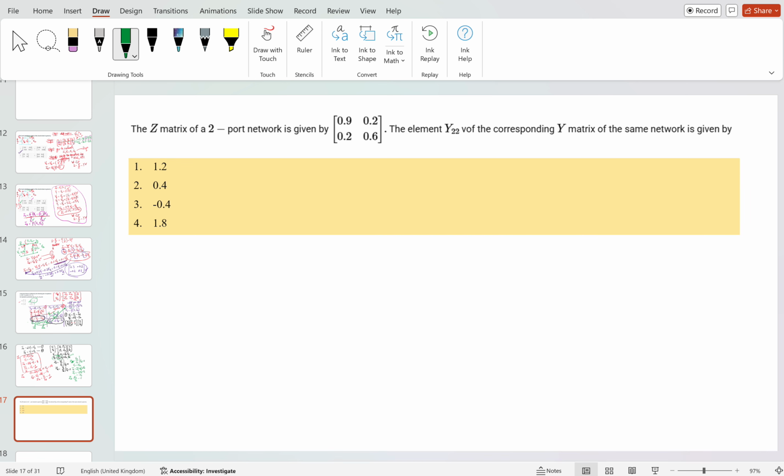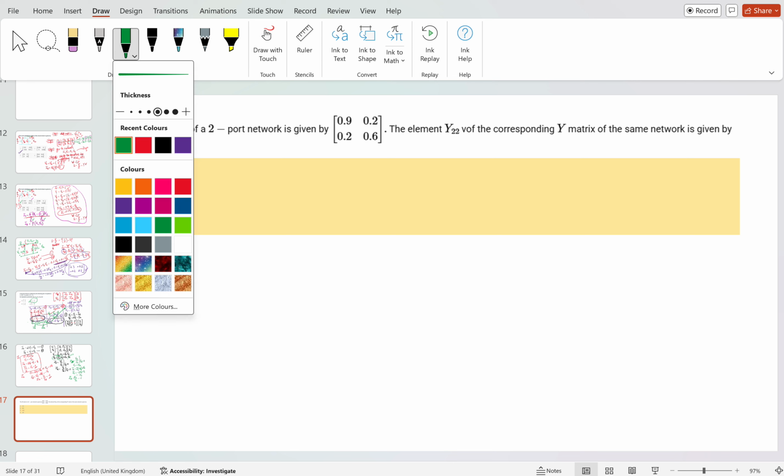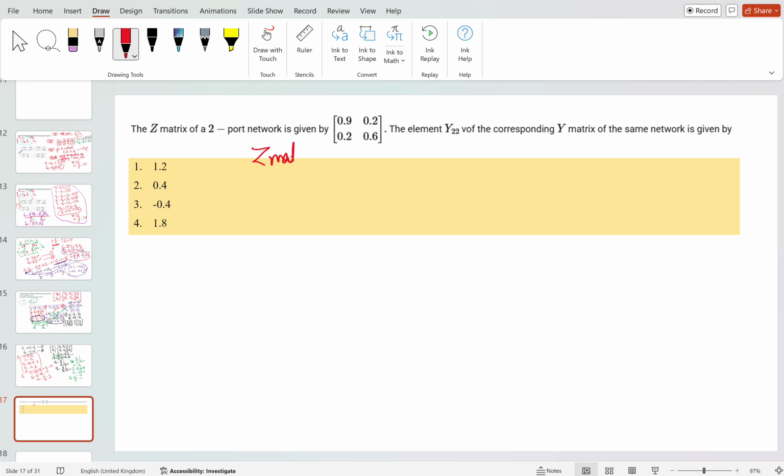Here, you know the Z matrix. Now you have to find the Y matrix and then write the Y22 matrix element. Try to write it in terms of Z. I will write the equations here. So for the Z matrix, the variables are V1, V2 is equal to Z11, Z12, Z21, Z22 times I1 and I2,